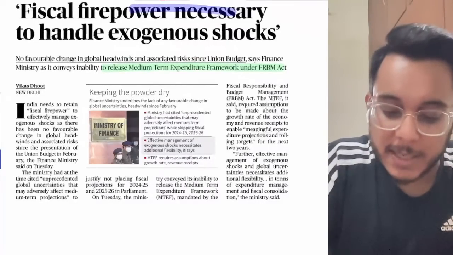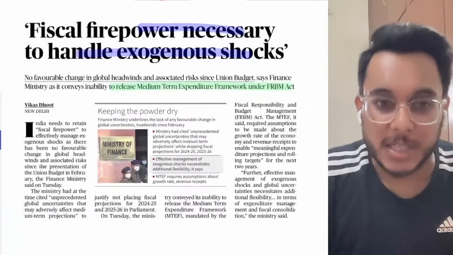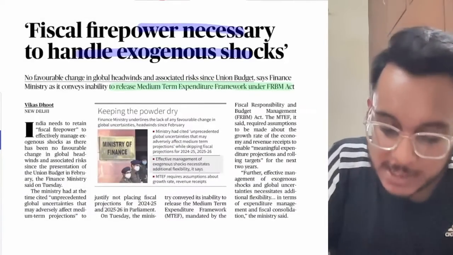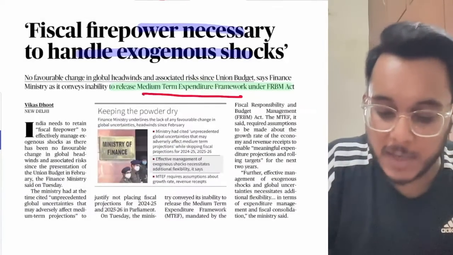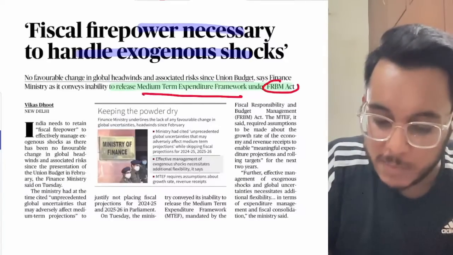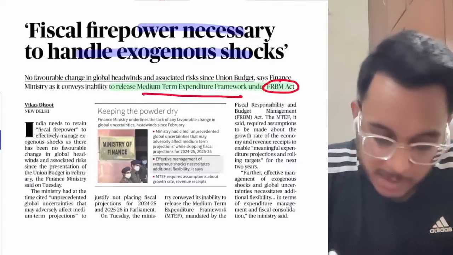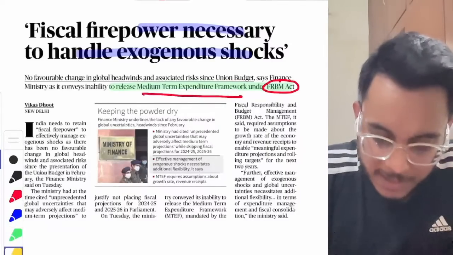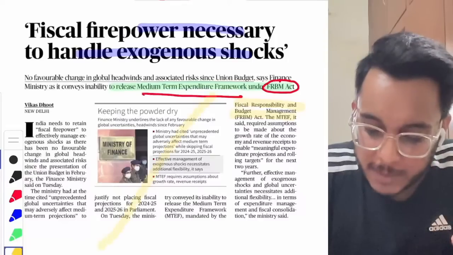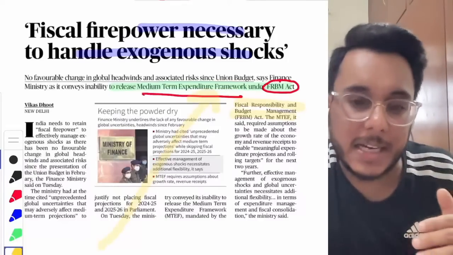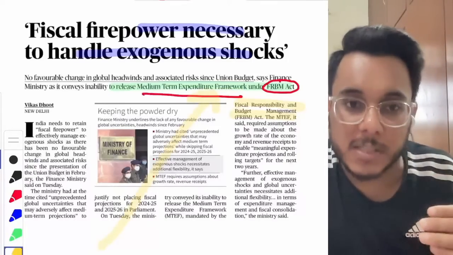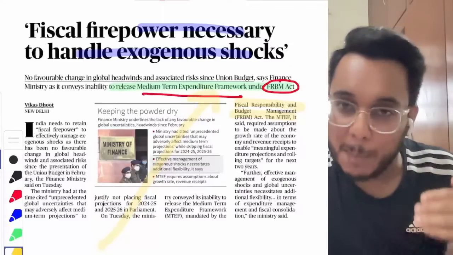Fiscal firepower necessary to handle exogenous shocks. Basically, guys, the finance ministry was expected to release the medium-term expenditure framework under the Fiscal Responsibility and Budget Management Act, the FRBM Act. Fine. Now, what is this medium-term expenditure framework? It will tell how the government will reduce the deficit and all such kind of things. But